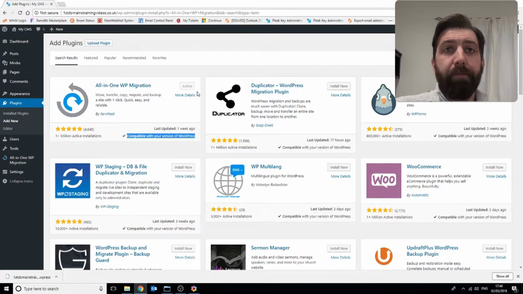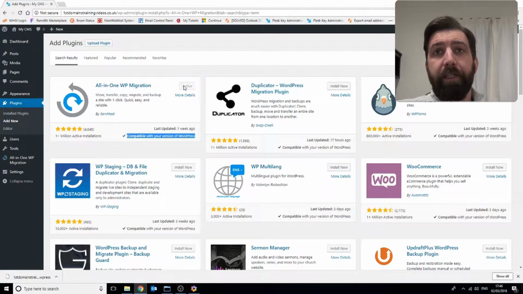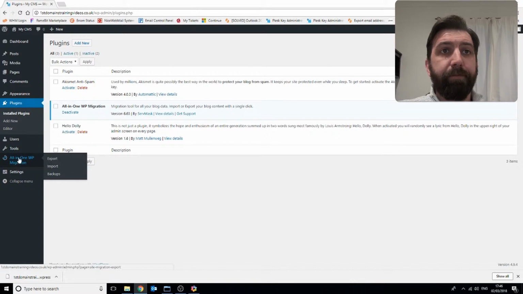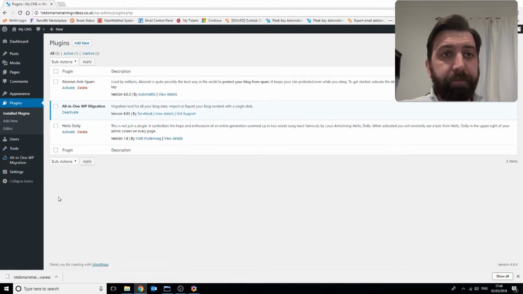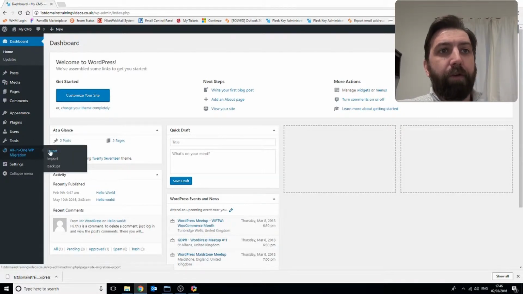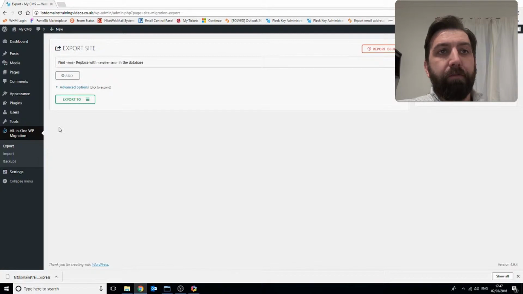So anyway, what you want to do is click where it says install now, click on it, activate it, and then you'll see that it's listed in here, and down here on the left hand side you have the three options. So let's get started. If you're back at your dashboard, you hover over All-in-One WP Migration,